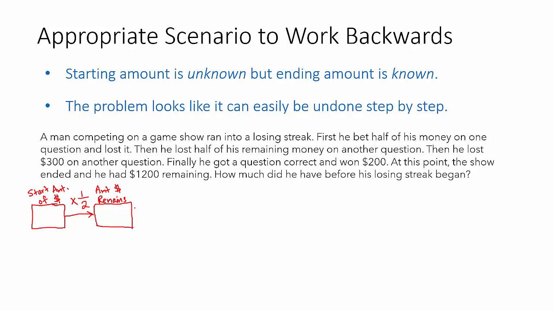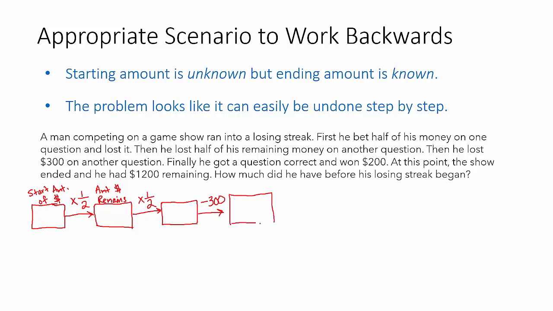And it's very important that we realize that we're finding the amount that remains. Because if you're finding the amount of money that he lost, that's a different flow chart, right? We want to just track the amount of money that remains. So we'll keep this going. Here's another amount of money that remains. He lost half again. That means half of his money remained. Then he lost $300. Oh, now I can finally put minus a number that I know,